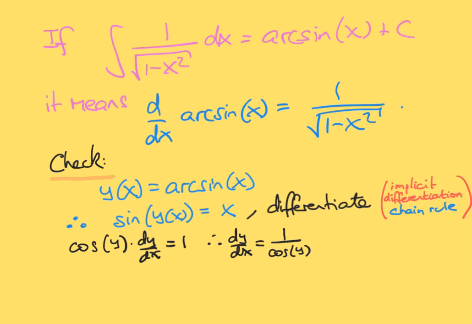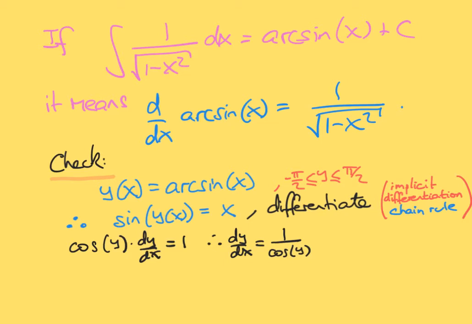And the arcsine is going to be defined, because this is how arcsine is, to be between plus and minus pi over 2. For that range of angles, so for y between plus and minus pi over 2,